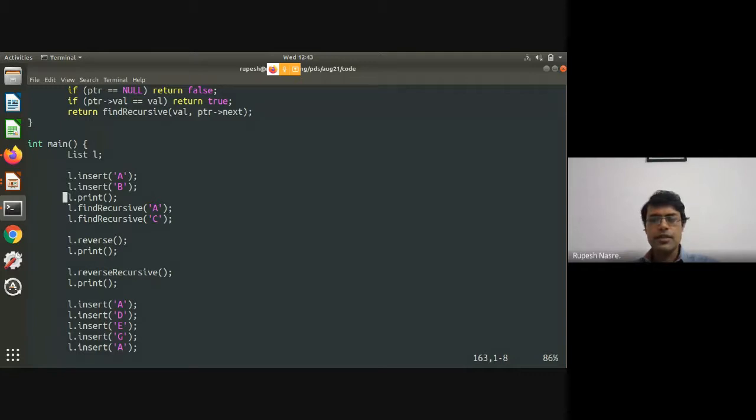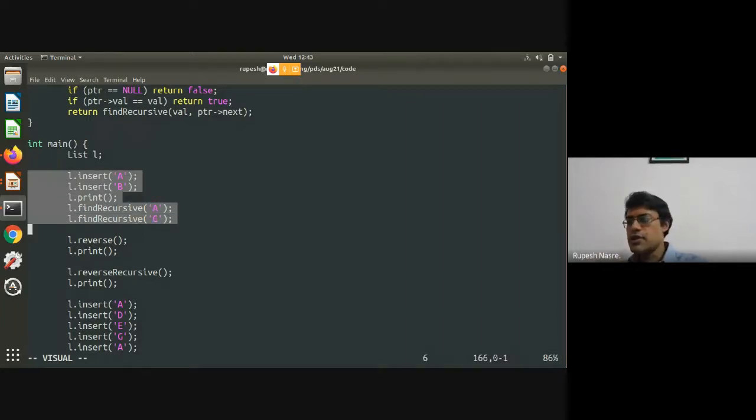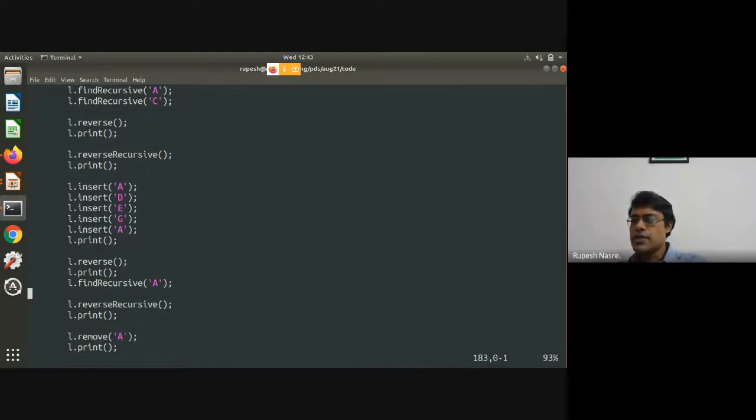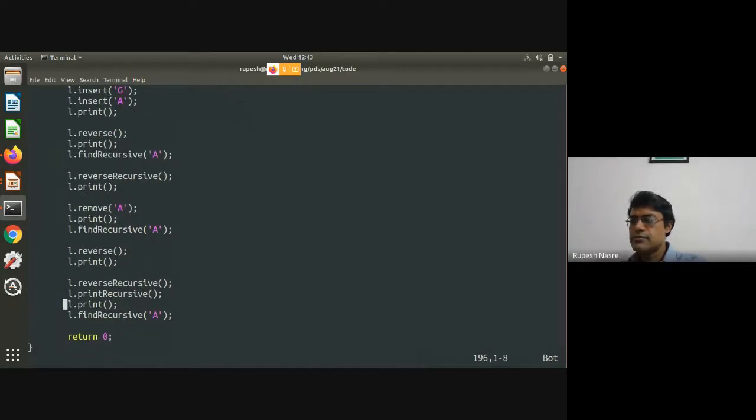Okay. Any other concerns, questions? All right. So then the functions remain very similar, right? Since our type is char, therefore I am inserting A, B, and so on. Then I'm printing the list, finding A recursively, and so on. So these are just calling of different functions inside that list. Okay, and finally I return C. The exact definitions of functions I think we will do maybe in the next class, but I just try to compile this to see whether it works. Sorry, we'll have to use G++,